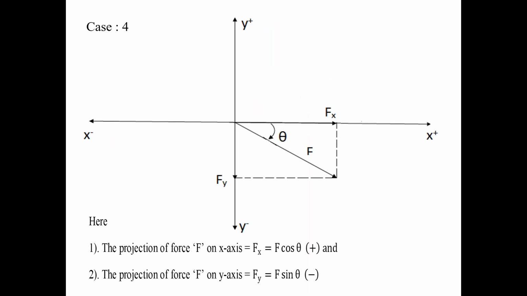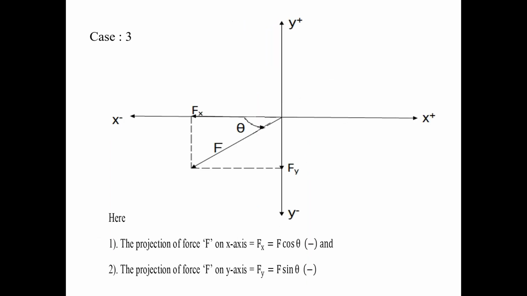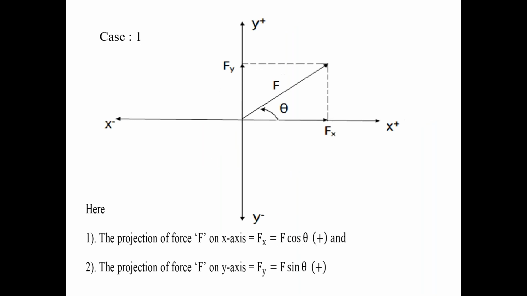So please everyone, observe condition 1, projections Fx and Fy. Everyone please check the cell phone screens. This is condition 1. What is the projection Fx? F cos theta, positive projection. What is the projection Fy? F sin theta, positive projection. Where is this force F? Force F is in the first quadrant, making the angle theta with the x-axis.